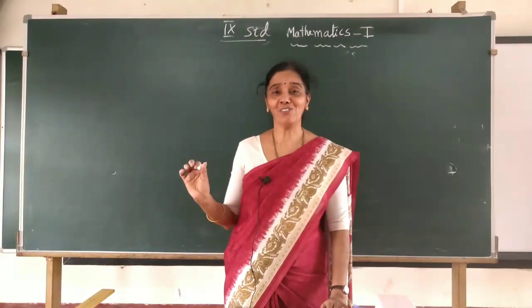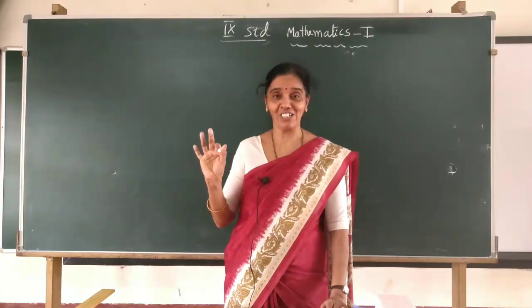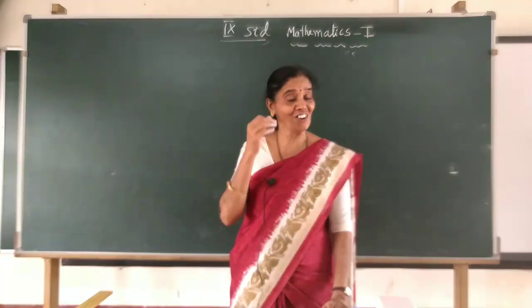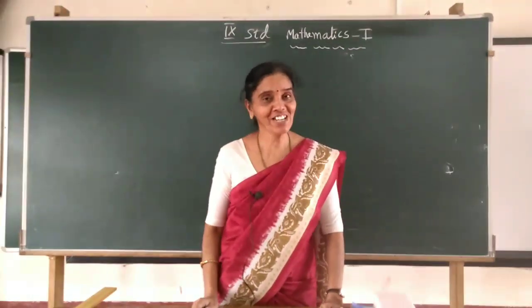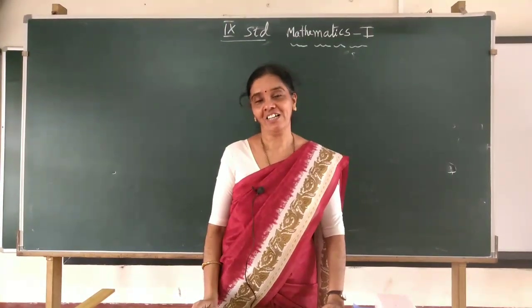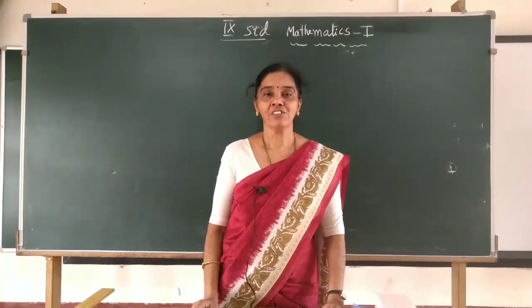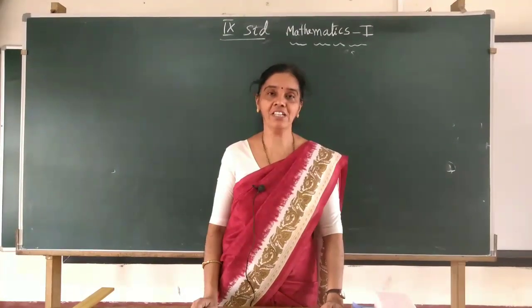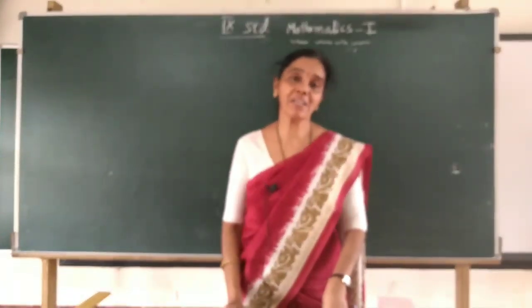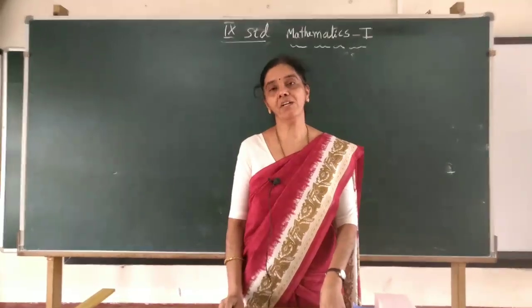No one knows now where square root 2 is on the number line. If I draw the number line, it is not at all possible, right? But we will learn it. It is possible. We will make use of a geometrical method to find this, and especially the Pythagoras theorem we will make use of.